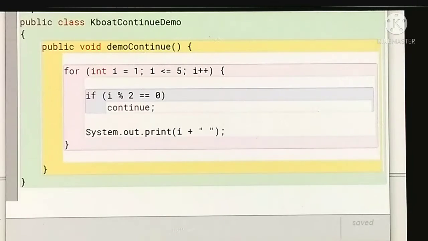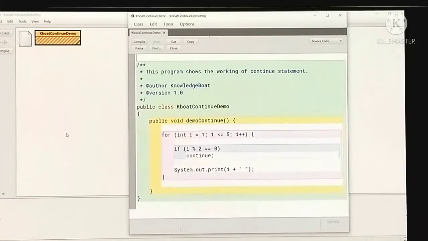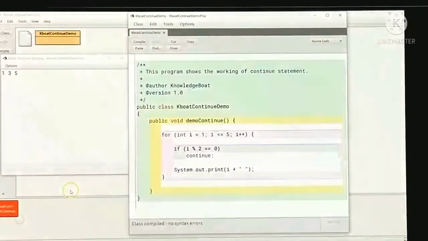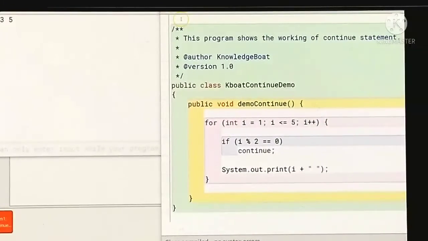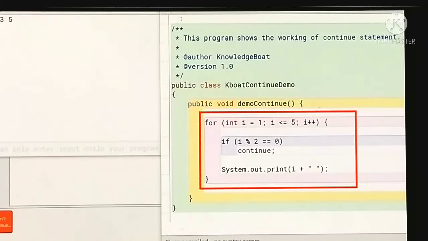If I write the condition if I modulus 2 is equal to 0, then continue. That means if I is divisible by 2, it will not show on the screen, and after reading the continue word, it will directly jump to the increment statement of the loop to check the condition and ignore the statement written after continue.